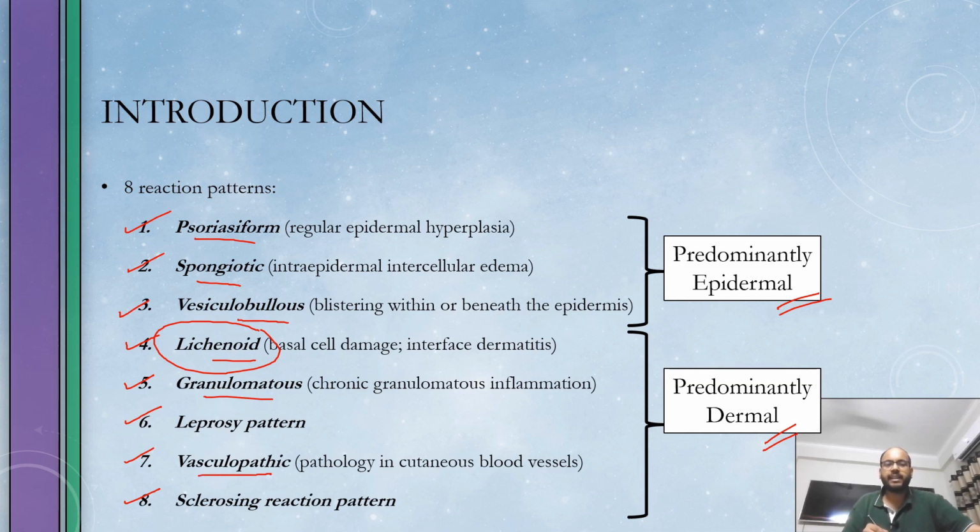The additional patterns like leprosy pattern or the sclerosing reaction pattern are mentioned in few of the literature reports. Okay. So I will focus today on lichenoid tissue reaction pattern, which consists of basal cell damage as the pathological feature. And we will discuss in detail the interface dermatitis part. Let's move forward and start our discussion on